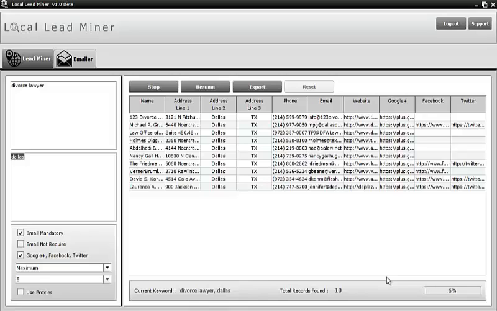I wanted to go through the software here that we have called Local Lead Miner. It's very, very simple to use. It's very self-explanatory, but I just wanted to point out each and every feature and all the things that you can do with it. So when you first come on, what you're going to do is you're going to see